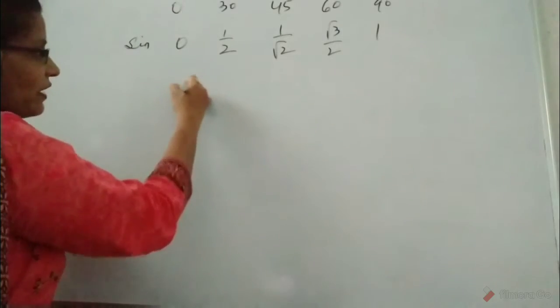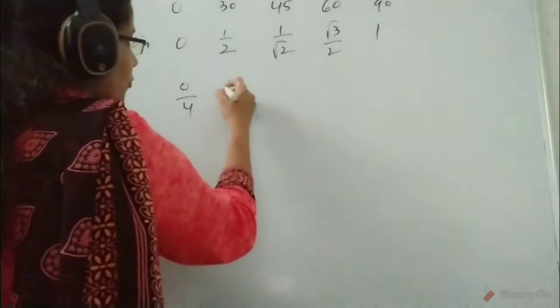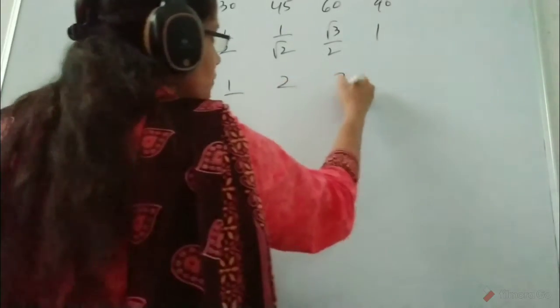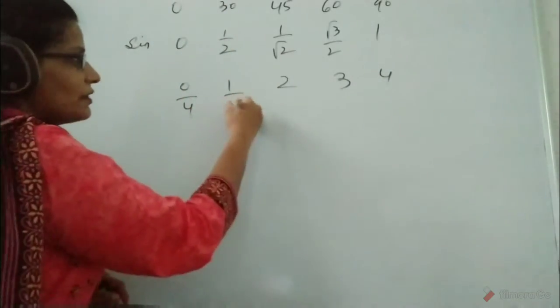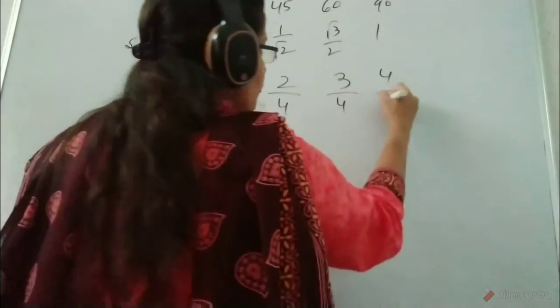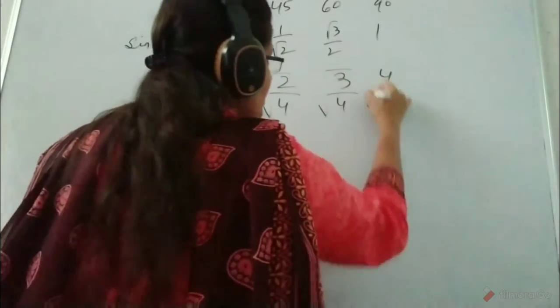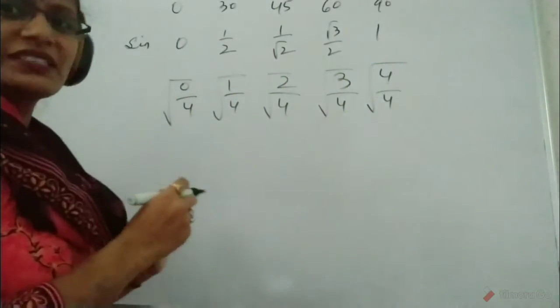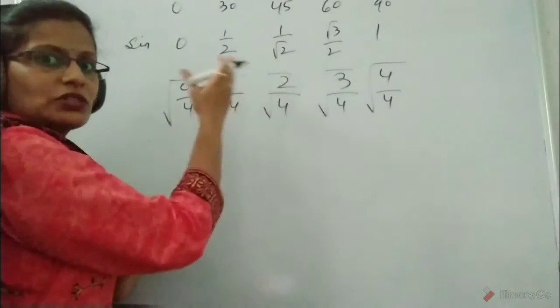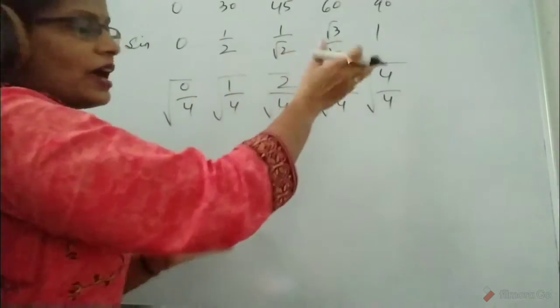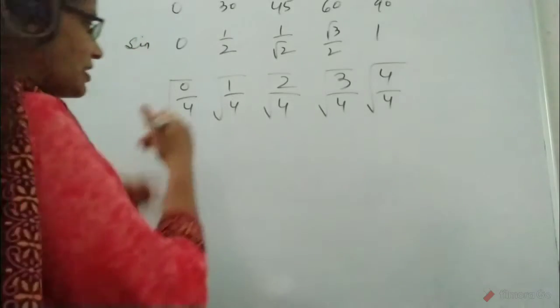I will tell you how you solve it exactly. Divide all the numbers by 4: 0, 1, 2, 3, 4. First write like this, then divide all of them by 4 and take the under root. This is the method which we follow. But in exams, we have to be very fast, so it is better that we learn it, and the rest of the lines I'll explain later. First, let us continue with this.